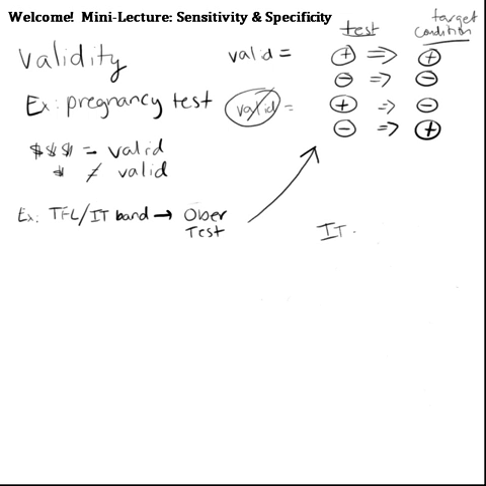Let's look at the validity of the Ober test by comparing the target condition to all the possible results. So let's draw a little chart here. So we've got the target condition, which is either positive or negative, and then on the left-hand side, the results of the Ober test, which also can be either positive or negative. And if we draw ourselves a little chart here,